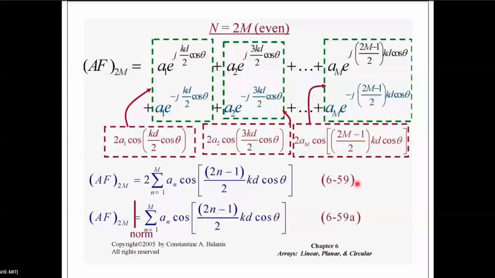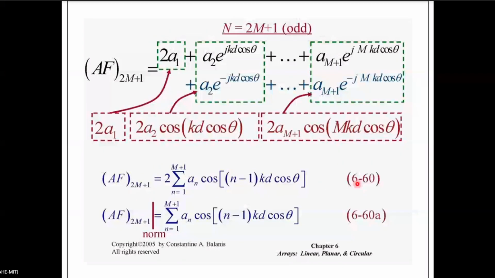So we have now even elements. Now odd elements, 2m plus 1. See 2a1. Many people make this mistake: they write simply a1. So 2a1 into e raised to the power of minus jkr, and so on. All this has e to the power of minus jkr, but that is not shown because it is the pattern of an isotropic source, point source. You can ignore that. In addition, it is multiplied by e to the power of jkr and e to the power of j omega t. Both are not shown.